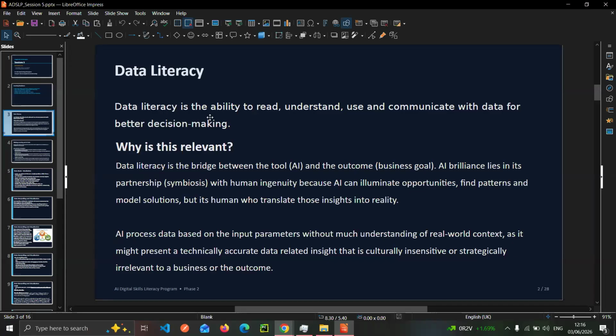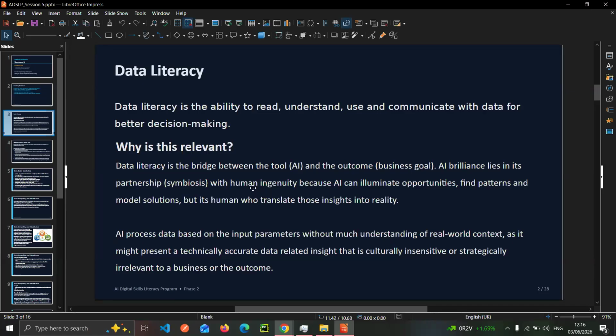So why is this relevant? Data literacy is the bridge between the AI tool and the outcome, that is the business goal. Now, business goal does not only mean the context of running a business. It could be any goal you want to achieve, irrespective of it being a business context.